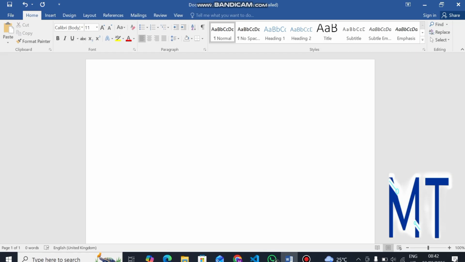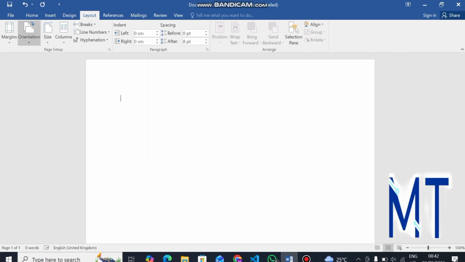Today I'm going to show you how to adjust the orientation of your documents, because sometimes the documents you're working on might need to be not just in portrait but in landscape format. By default it's always in portrait, like a normal A4 paper, but sometimes I want it wide, something like A3 paper and so on. So what do you do? You go to